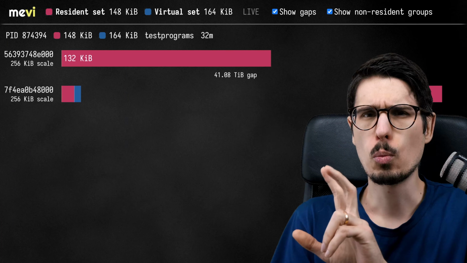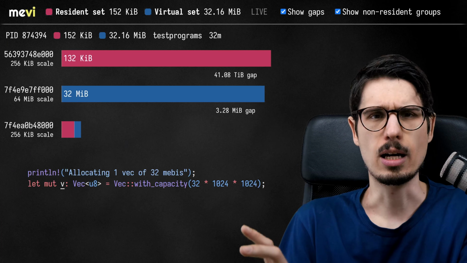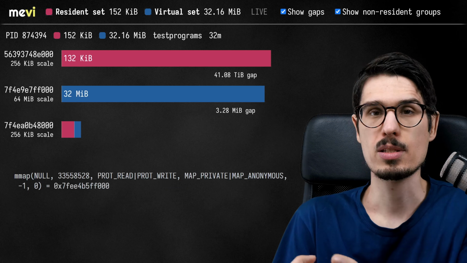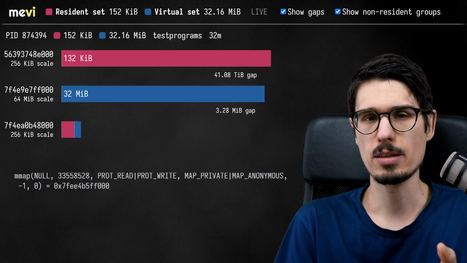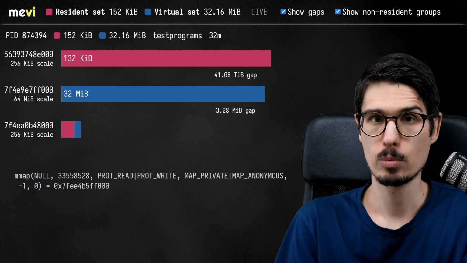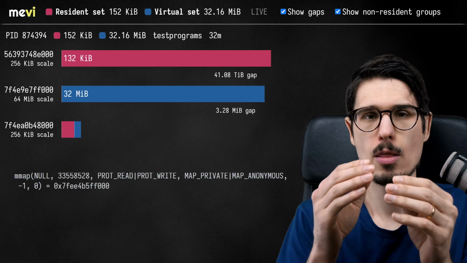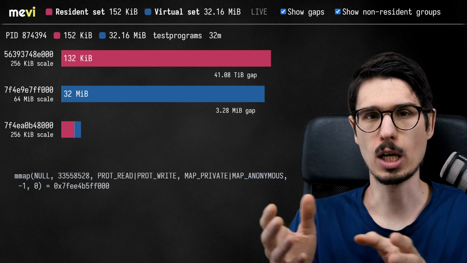If we allocate just one 32 megabyte vec, it doesn't grow the heap at all. This time, the allocator chose to make an entirely new memory mapping with the mmap syscall. I can tell because it ended up at address 7 something. Interestingly, that new mapping is blue, which means it isn't resident yet. This is very much on purpose. Unless we pass the map populate flag to mmap, the pages we get back are faulted on demand, and that's